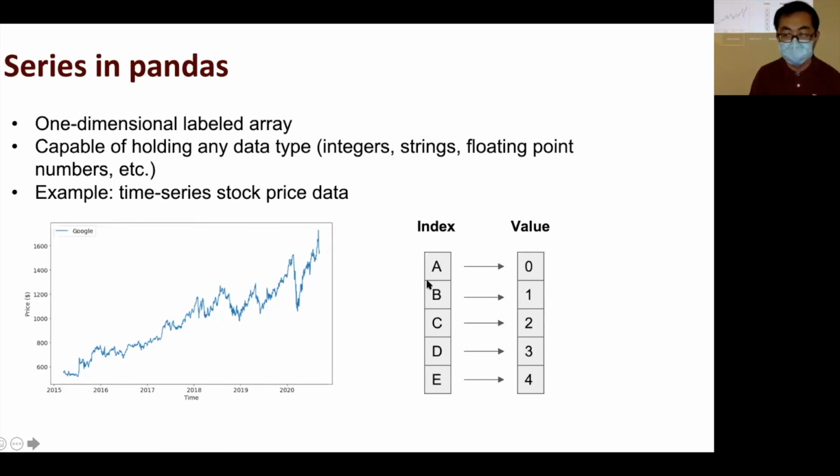So you can access the value by using the datetime. This is how it works. The default index starts from 0, 1, 2, 3, 4. Of course, you can use a custom index. You can set it as A, B, C, D, E, or something else.